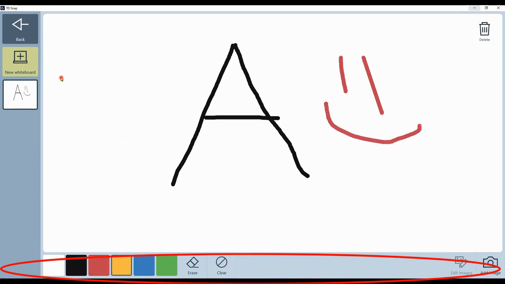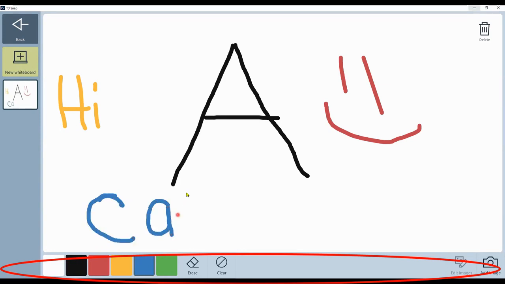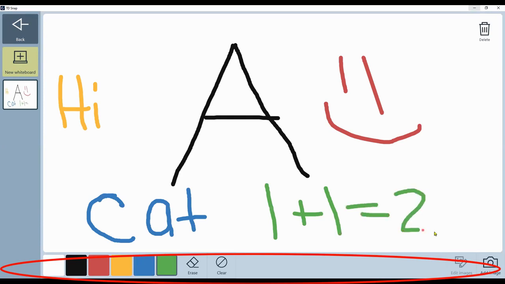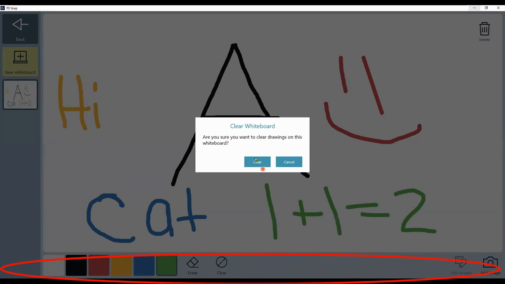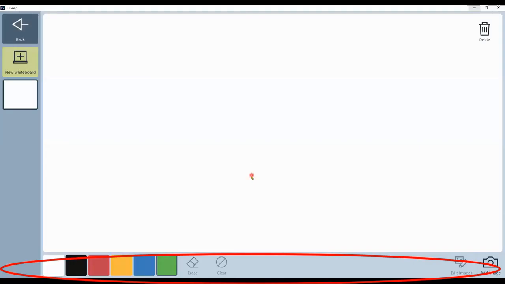You can change colors. Maybe you're working on CVC words. Or maybe you're doing a math equation. You have an eraser tool to the right of the colors, and you also have a clear button. If you want to clear all drawings, you can hit clear.